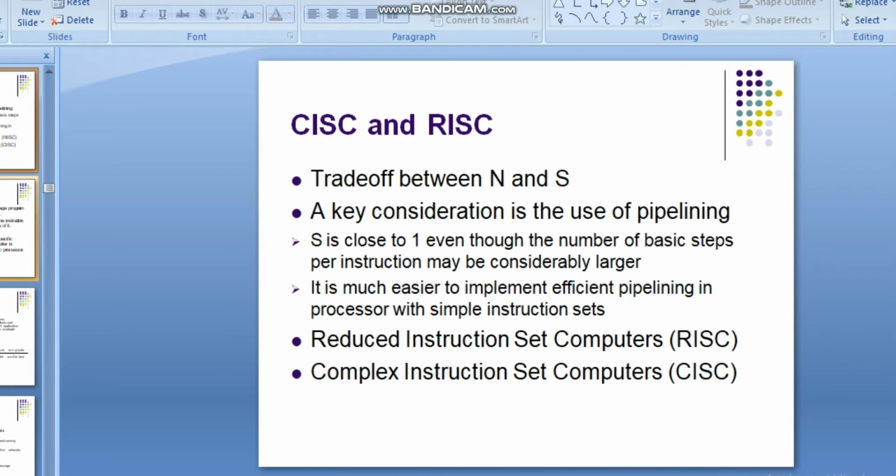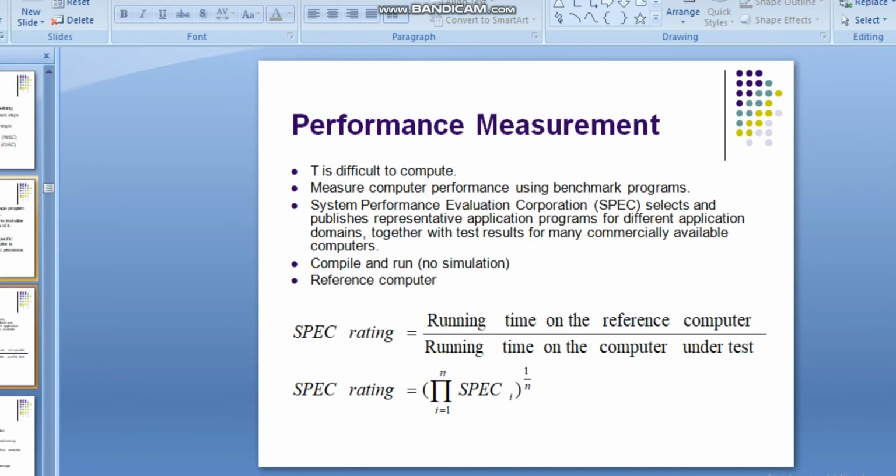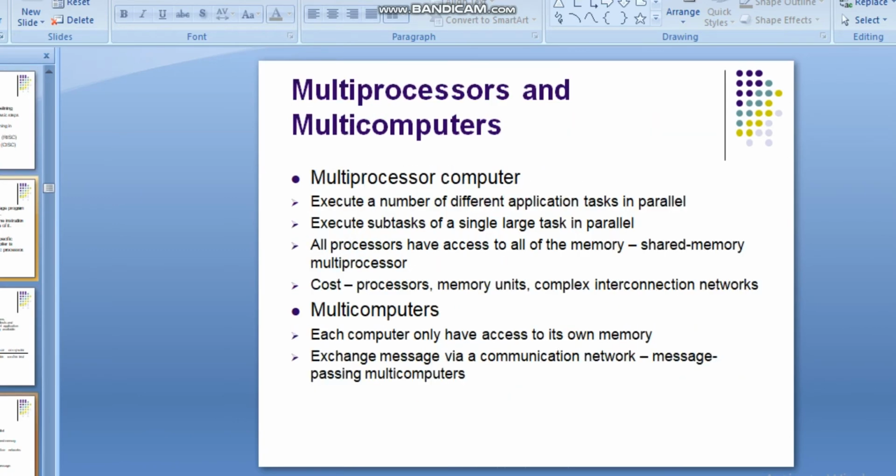And another important concept is multiprocessor and multi-computer. What is a multiprocessor? What is a multi-computer? This multiprocessor, multi-computer differentiation is done based